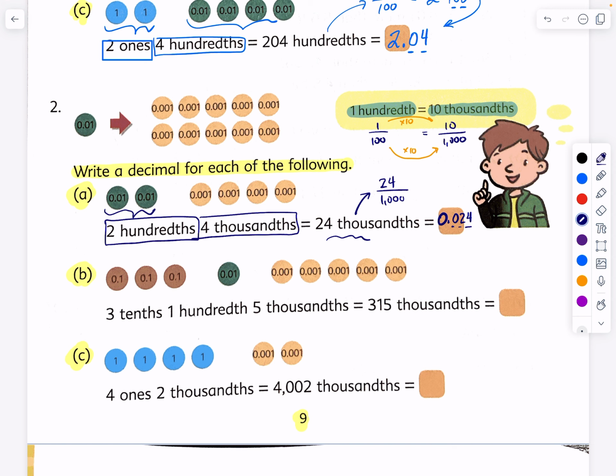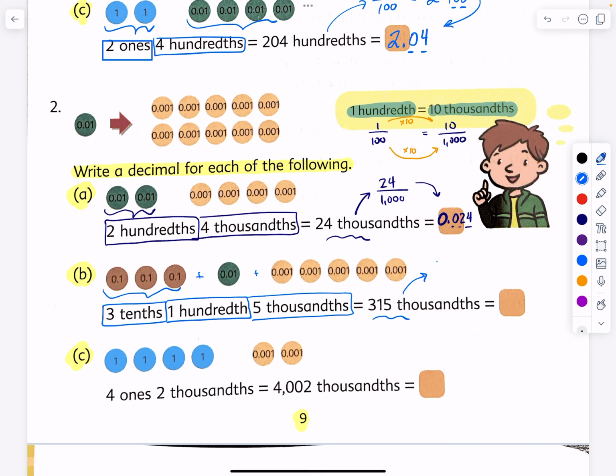24 thousandths, 24 out of 1,000 equal parts. Now let's take a look at example B. We have 3 tenths. Here they are. This is 3 tenths plus 1 hundredth, right? We're adding up the discs, and 5 thousandths. Altogether, we will have